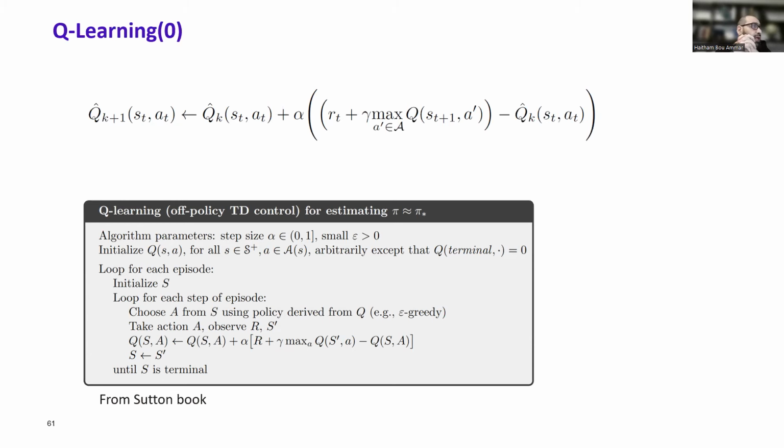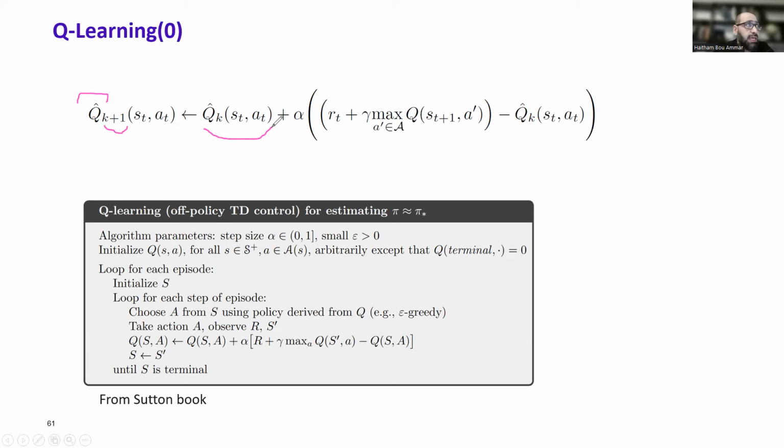we call Q-learning. And the update rule of Q-learning goes as follows. So here what we do is, for a state-action pair, for some state s_t and action a_t, we update our estimate of the Q. So we call that Q hat. So we update the estimate of the Q at the next iteration k plus 1